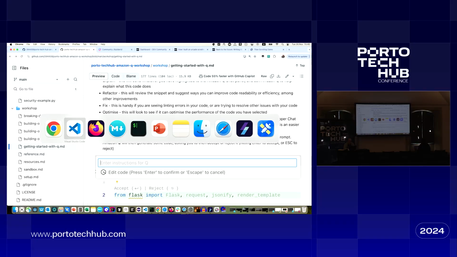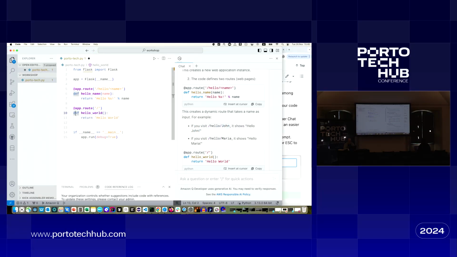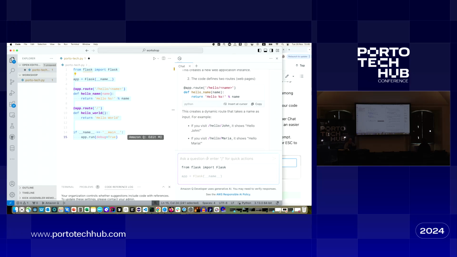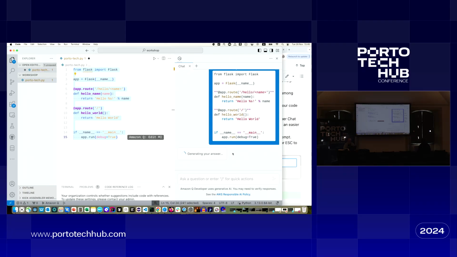The send to prompt is probably the one that I use most, and this allows you to basically send everything into the prompt and then ask a question of it. So I can say, add a doc string to this code, and it's now going to provide some code